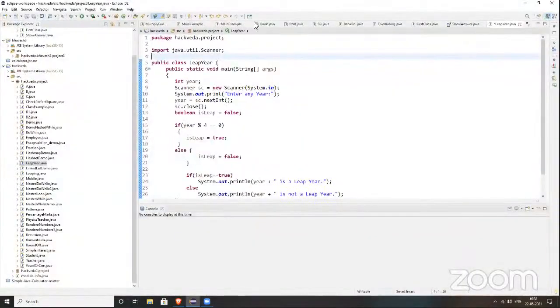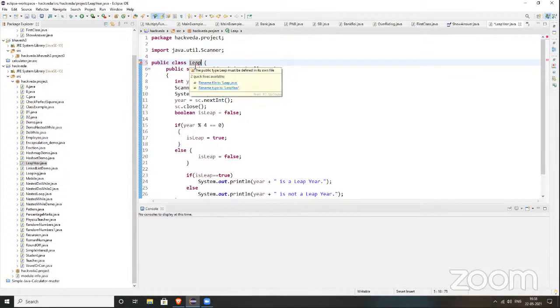See, here is a program for leap year. It doesn't have any dependency. Once I change the name to something else, see, it is giving an error. Comment out the package.